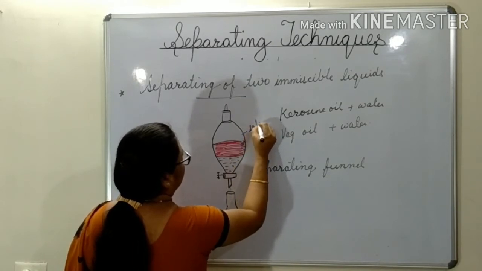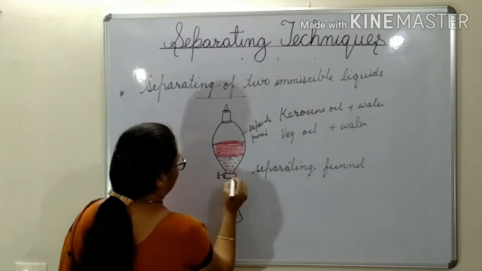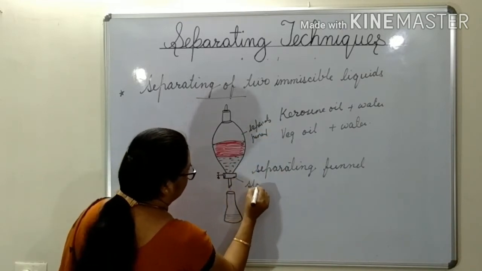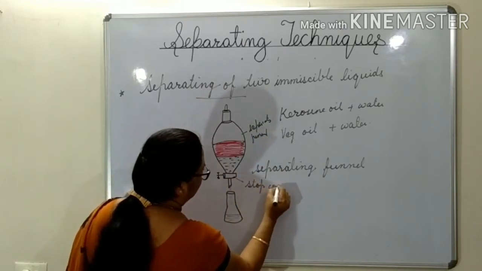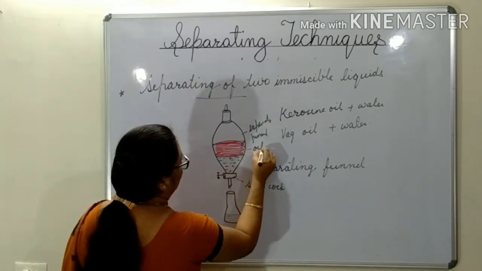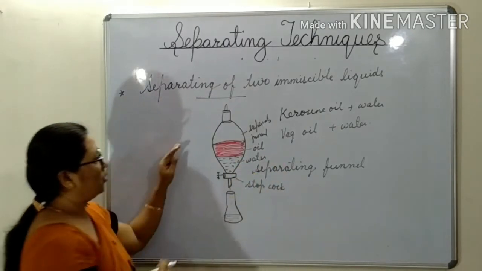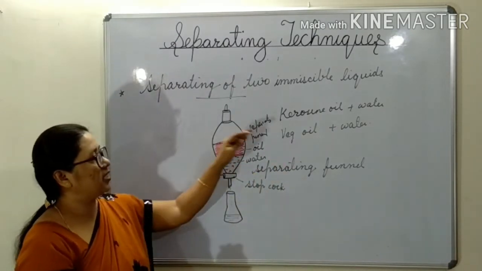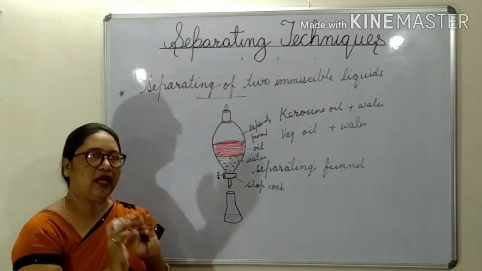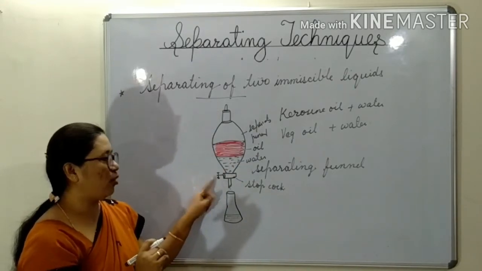This is called a separating funnel. This is a stopcock. This is oil and this is water. So in the separating funnel, just pour oil and water and close it from the top, and here also the stopper should be